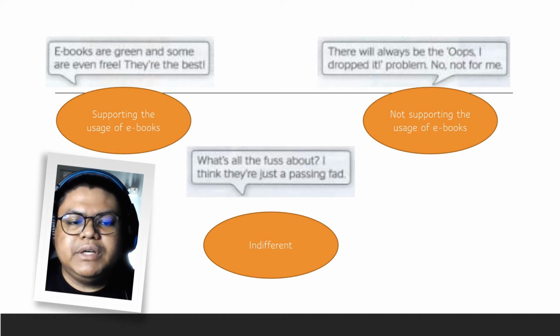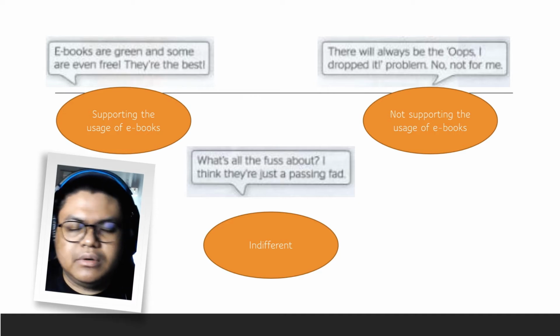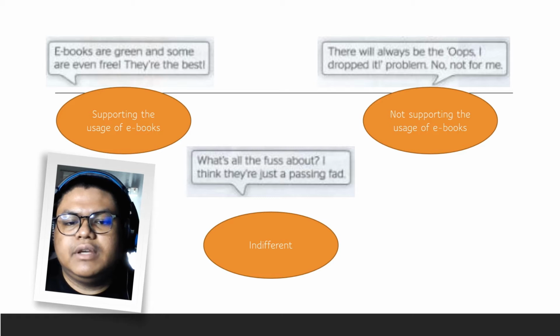Okay, but if the person wants to be indifferent, maybe the person feels that the topic cannot be related to himself, to his or herself. Okay, for example, tak boleh dikaitkan. Okay, contohnya kalau saya bercakap tentang